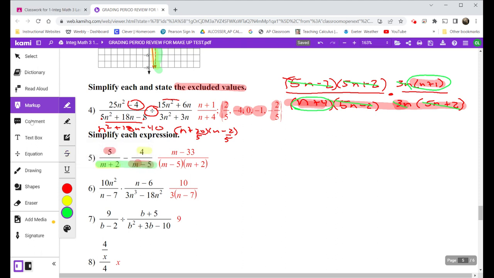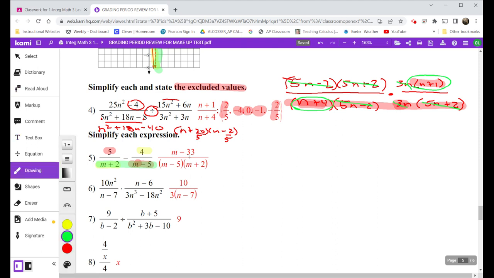So if we do that, I'm going to take 5 times m minus 5, and then I'm going to subtract 4 times m plus 2, and that's all going to be over m minus 5